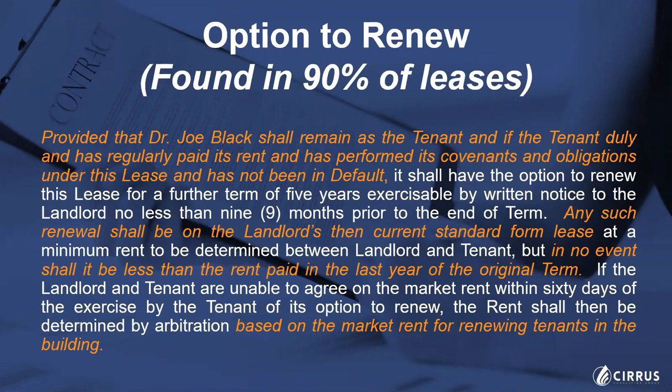Now, many of you may be asking, so why have they gone out of their way to find a problem with a tenant that's always paid her rent, never been a problem? Why are they trying to get rid of her? Well, the answer I can tell you was one word, and that word was Starbucks. Starbucks had come in and wanted to lease this space where the lady was. She had a beautiful corner space,